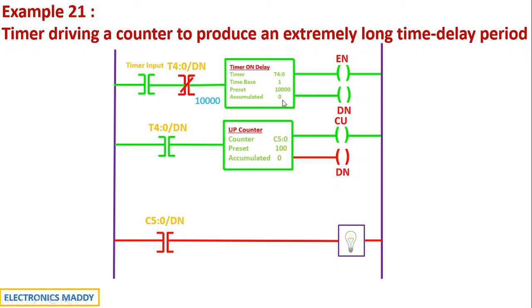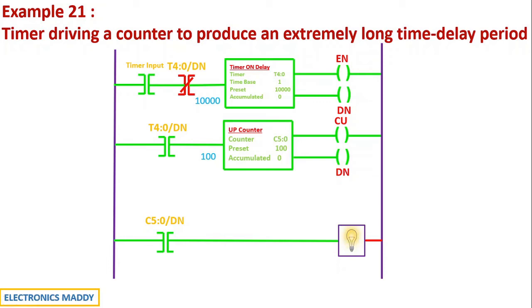And once that process repeats and the counter is counting 100 times, that is basically you need to press this timer input button 100 times, and 100 times this value of 10,000 seconds should be counted. And once that is done, what happens? The up counter done bit will go to high state in this particular fashion. Since the up counter done bit is gone to high state, the same address C50 of done bit is used over here. This contact goes to high state. The rung gets energized and consequently the light starts glowing in this particular fashion.